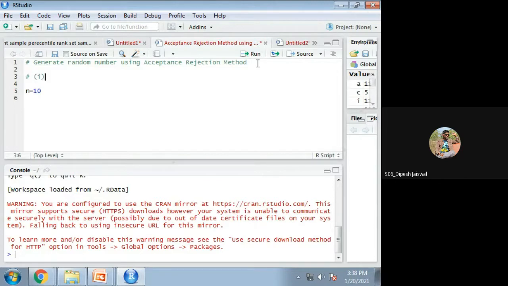First problem is that I wish to generate from density fx equal to 3x square. Okay, I wish to generate a random number from this. So what is the n equal to? I wish to generate the 10 random numbers, n equal to 10.